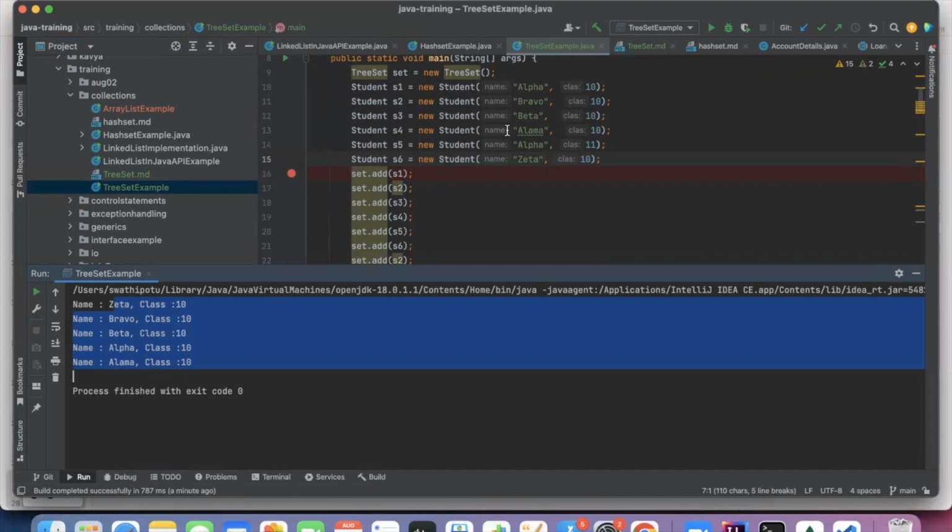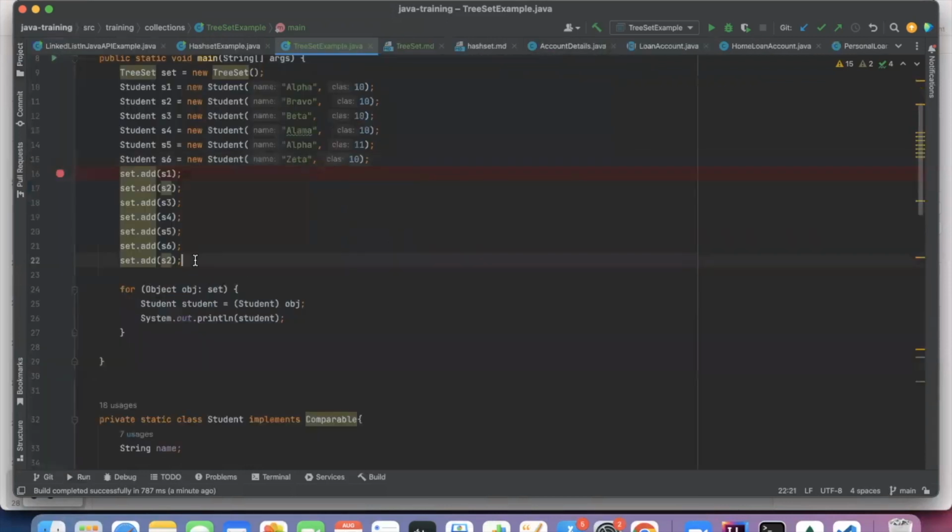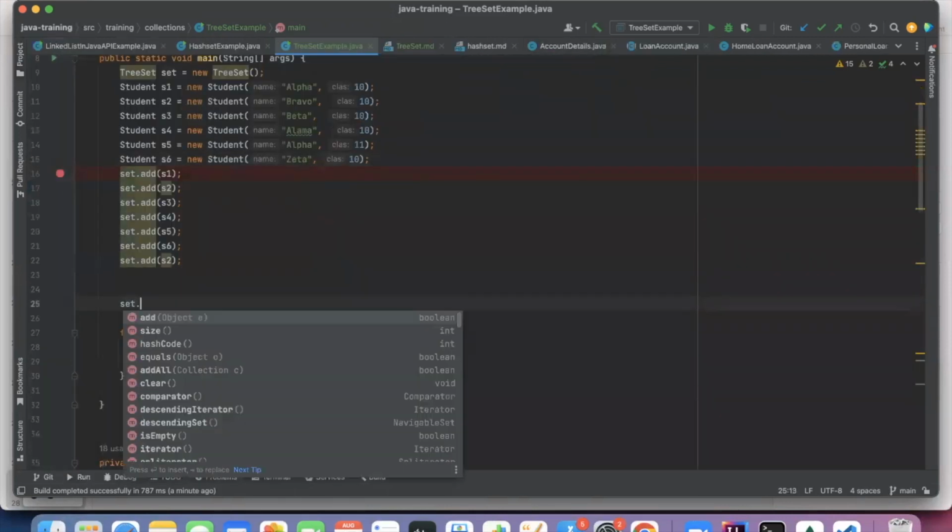I didn't get what those two words are, like poll first, poll last. There are lots of functions in TreeSets. Okay, yes, we can use that one. It actually has many things. Set, here actually, comparator,